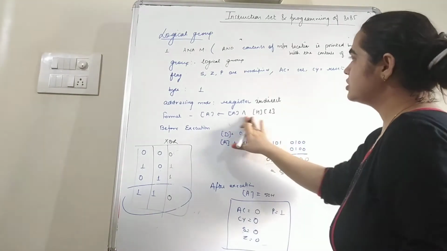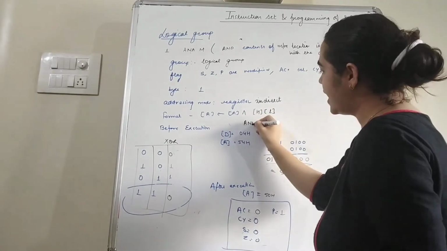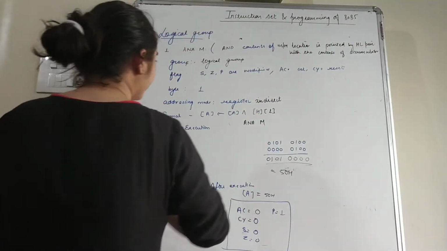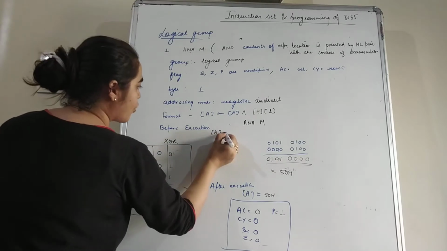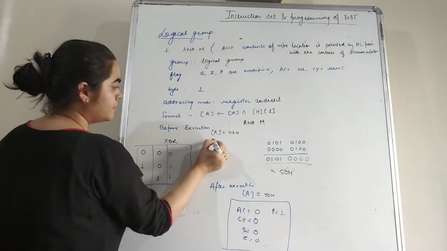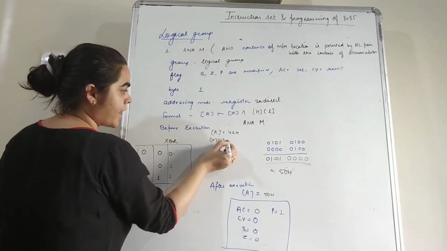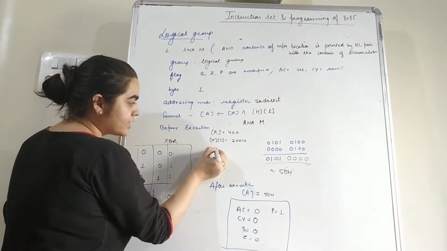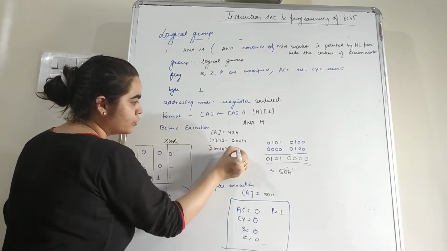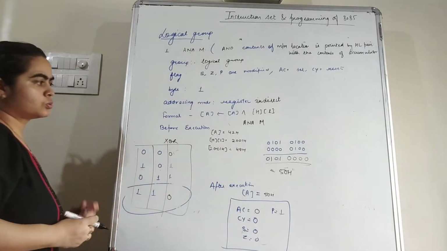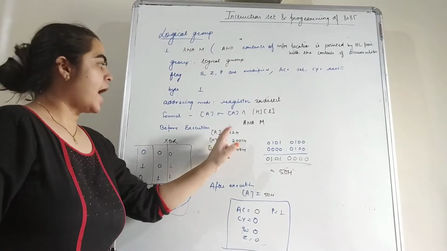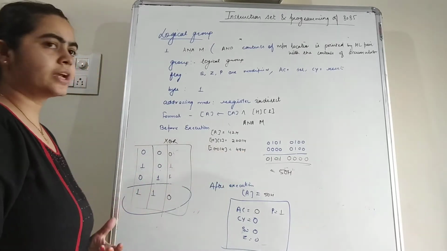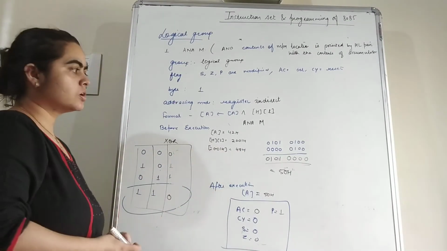Now students, we have an instruction that is ANAM. Now you can see, suppose we have the value of accumulator that is 42H, and the memory that is pointed by HL pair is having address 2001H, and at this location we have value 49H. So students, that means we can AND the contents of accumulator and contents of this memory location, and the result is stored in the accumulator.